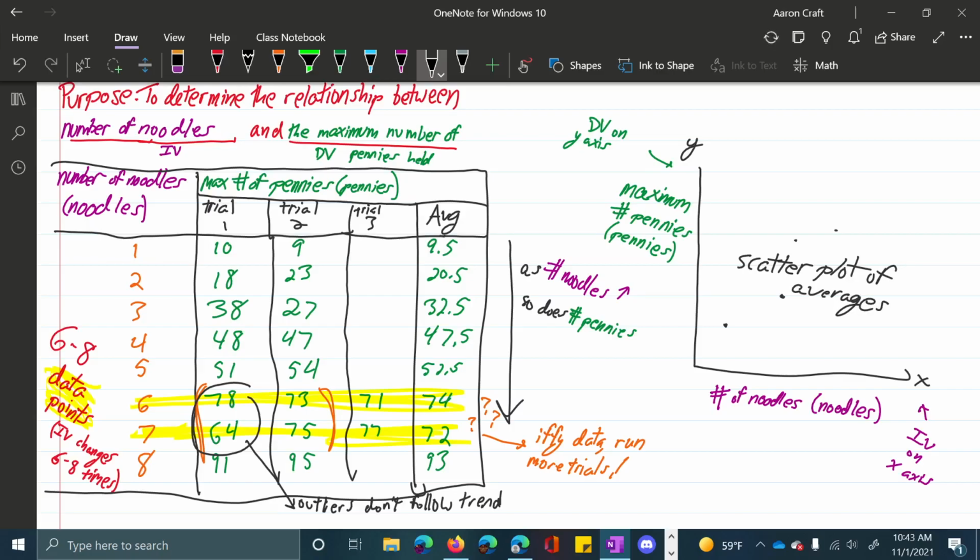And what that should do is give us an overall trend that we can see. So I already know, just looking at my data, that as the number of pennies goes up, so too does my number of noodles. So I would expect my dots to go upwards like this. But the last thing I'm going to need before I actually plot this in Excel is